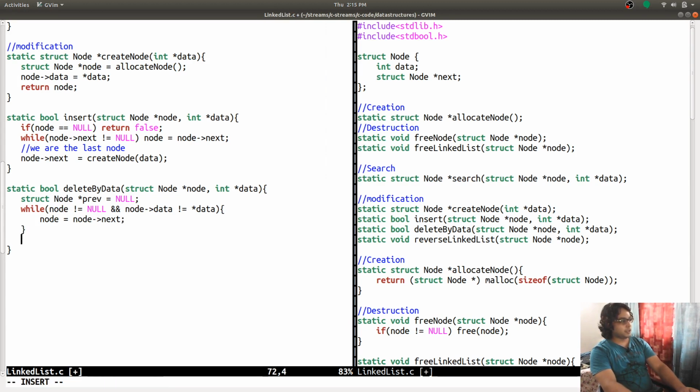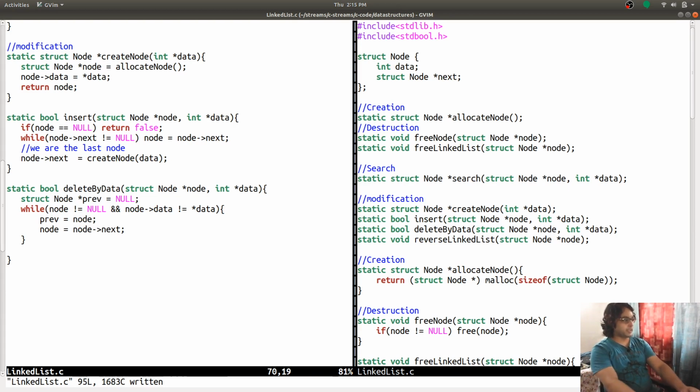Once this loop is over, we'll also have to say that previous is equal to node, so that we have the reference to the node that is pointing to this node in case it is to be deleted.